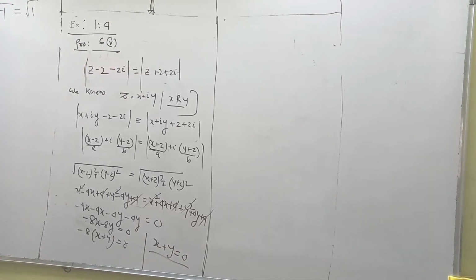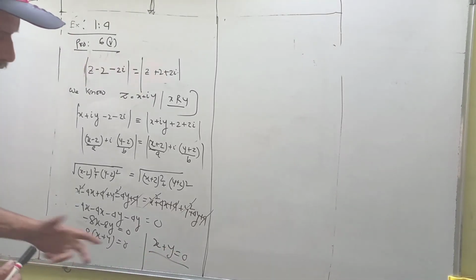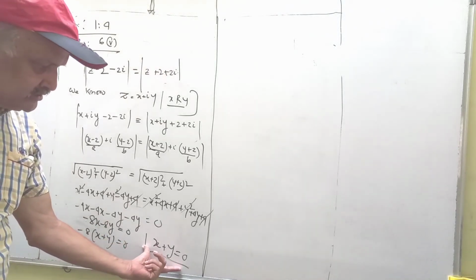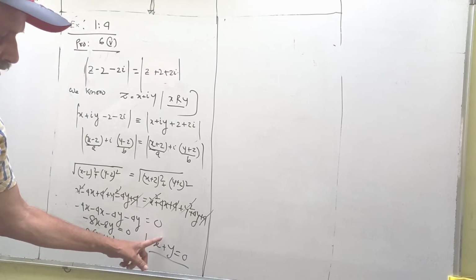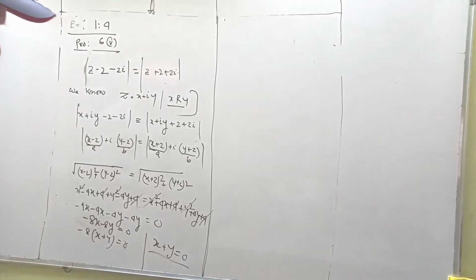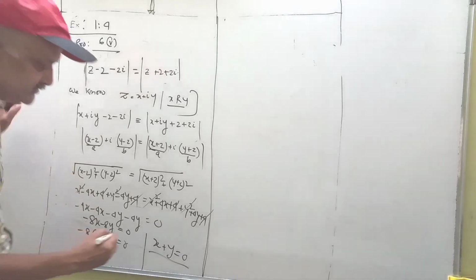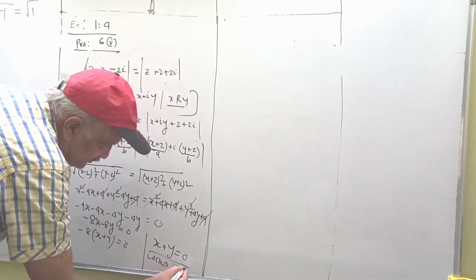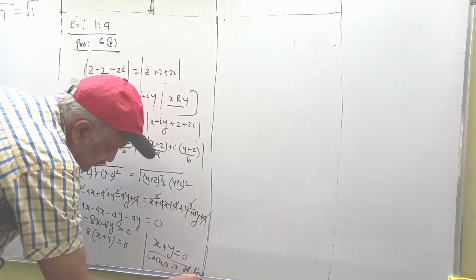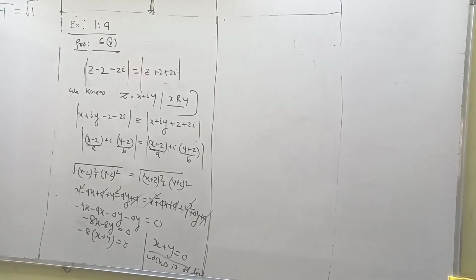What I have told: if the given condition relation of x and y is linear, x has power 1 and y also has power 1, then this is the equation of a straight line. Hence the locus is a straight line, because we know this case from class 10. Locus means the relation x versus y. So that is the problem.